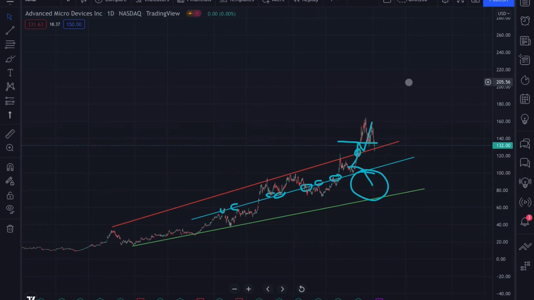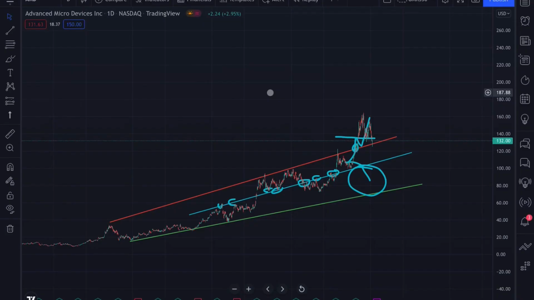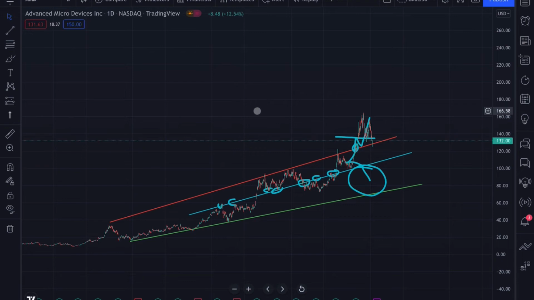So here we have the chart. As you can see, there is already drawings on the chart, and that's because it's from our previous video that we did. And you can see here that we are in a positive trend channel, and we can see also here that we have a strong support and resistance line over here that crosses the middle of the channel. And we can see last time we spoke, we were over here,